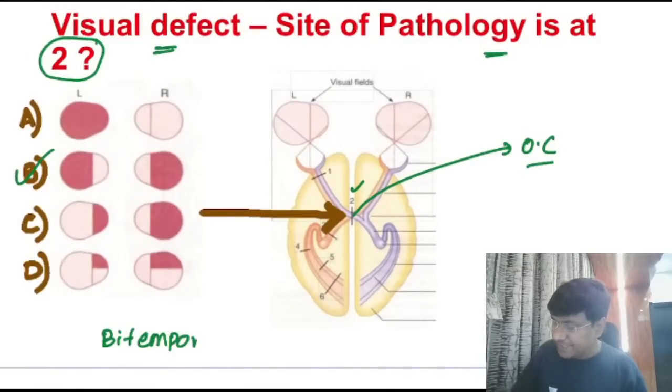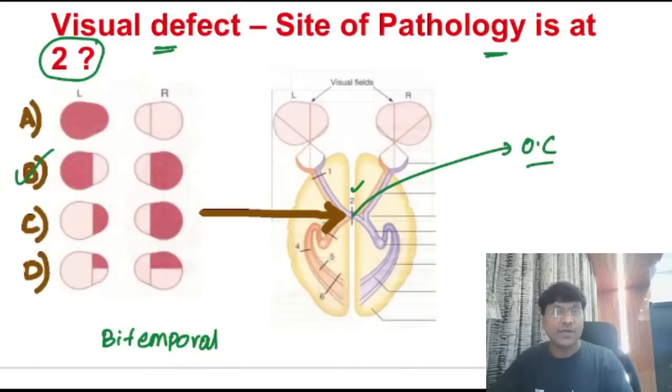These bitemporal hemianopias are very common in case of pituitary tumors like prolactinoma, right? Or in case of acromegaly, that is somatotroph type of pituitary adenoma, there you can have this bitemporal hemianopia. Now having discussed this,